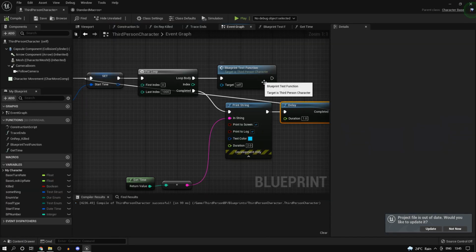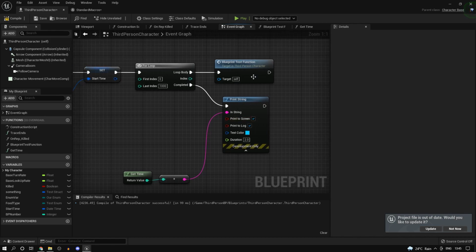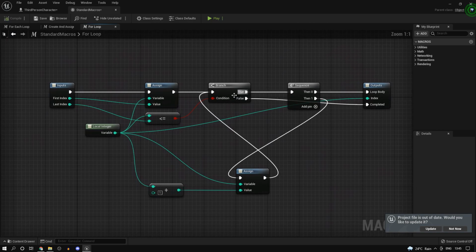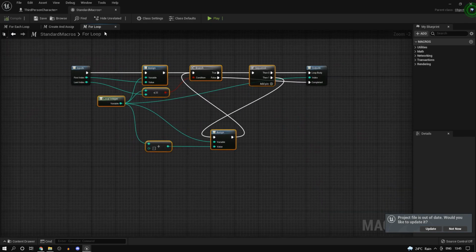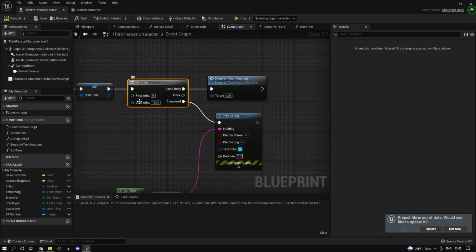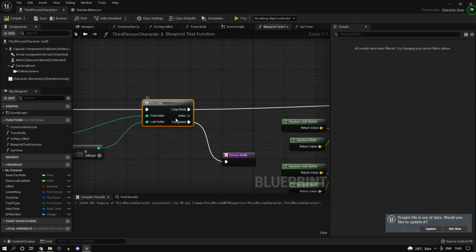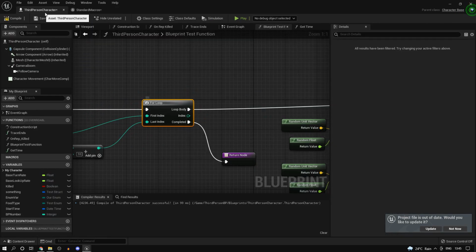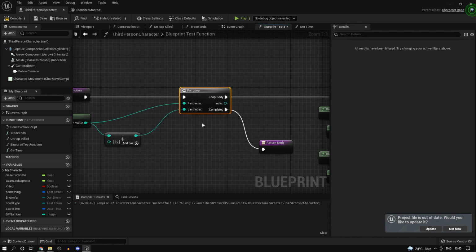So the reason this is happening is not because blueprints itself is slow. The reason is that for each of these calls, including the loop, let me show you. So this for loop is just a blueprint macro basically, which just runs and functions like a loop. And if we head into a function, we have another loop here. So what's actually costing is not the complexity of the function itself, but going back and forth to the virtual machine.